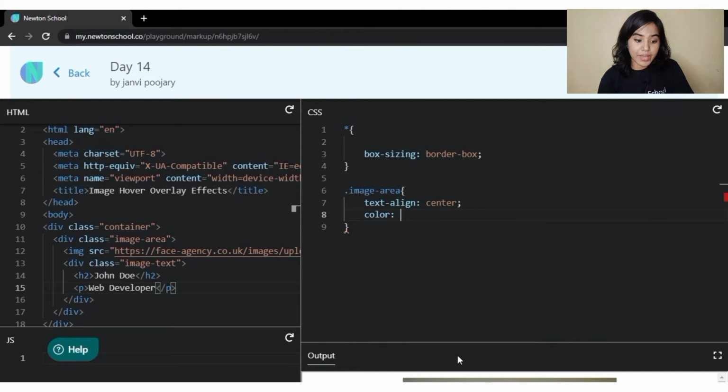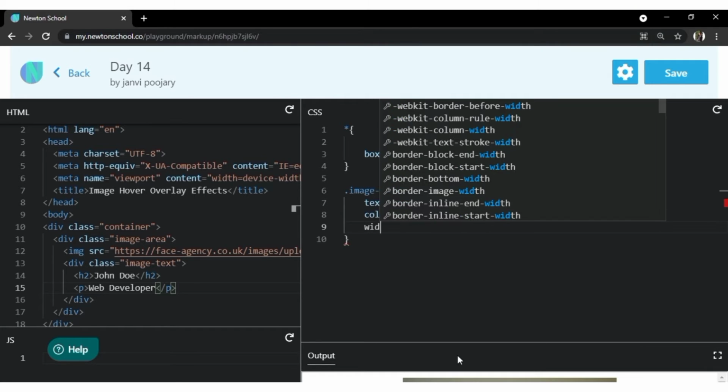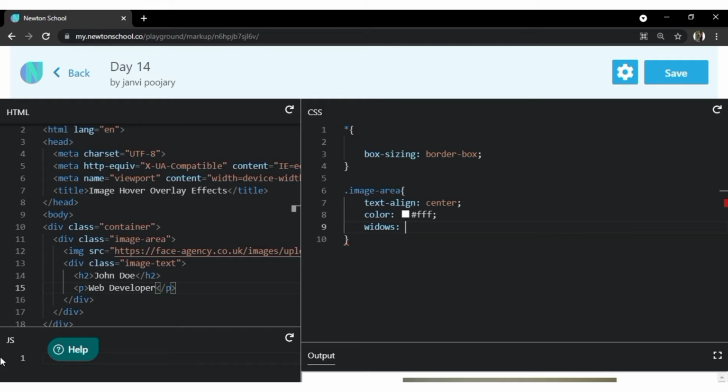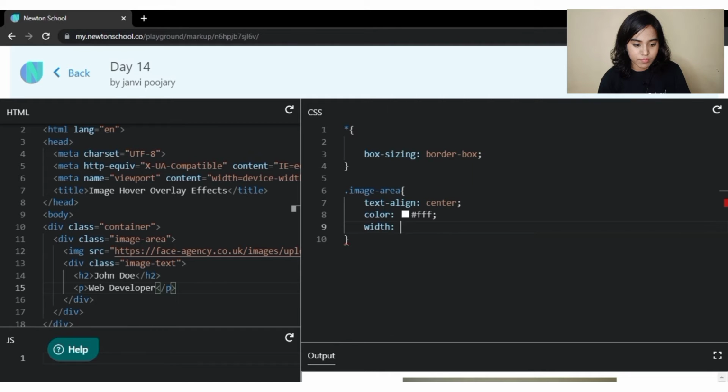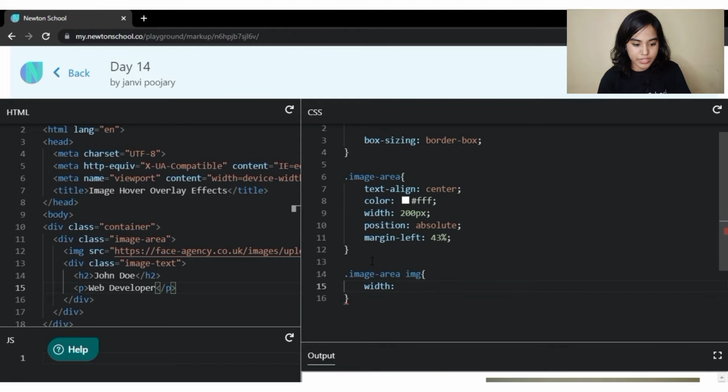And the position should be absolute, and we will also give it a margin of 43%. And we will give the image a width of 200 pixels, and let's see how the image looks.